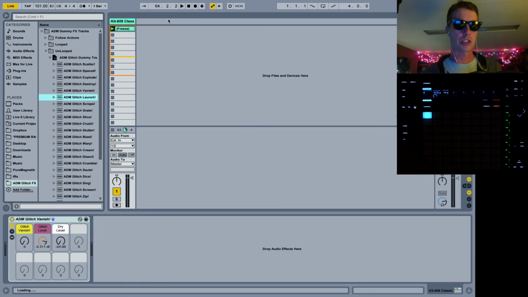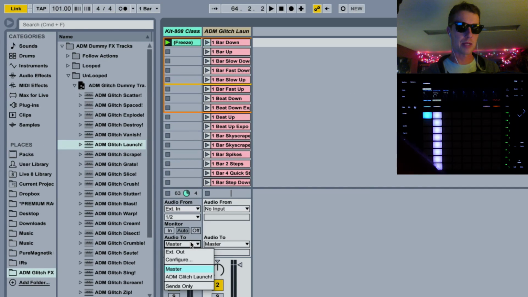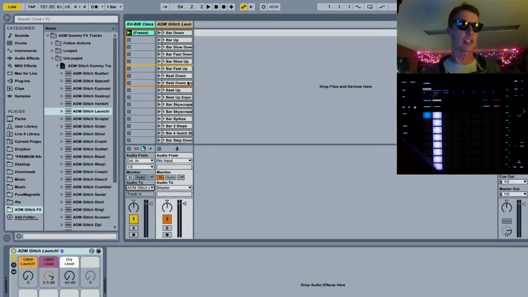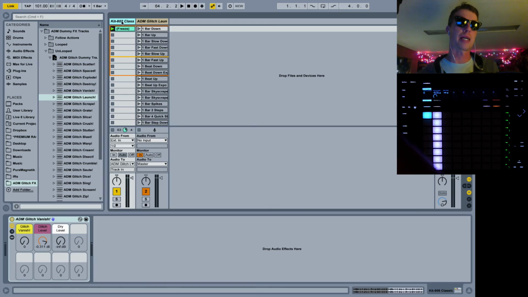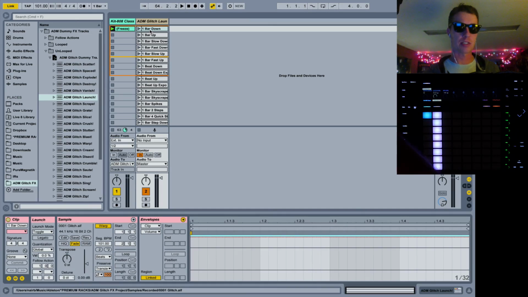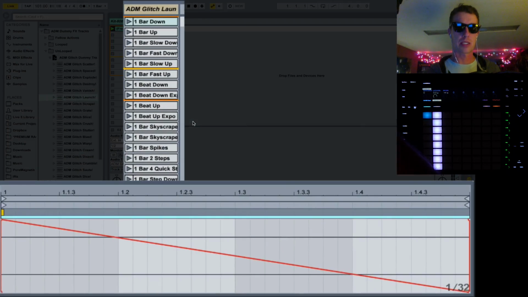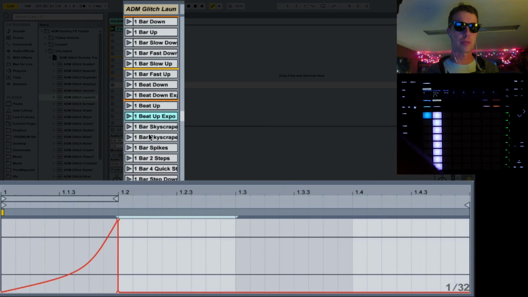So let me just pull one on here. We'll take launch. I'm going to bring this onto my track. And this is for my unlooped section. So this effect is called launch. I'm going to send my audio from the master instead to the glitch track. So the audio from my 808 track is going straight into this track. And each one of these clips has its own set of automation on the glitch control knob. So when I click on a clip, we can see all these different patterns of movement that will go on